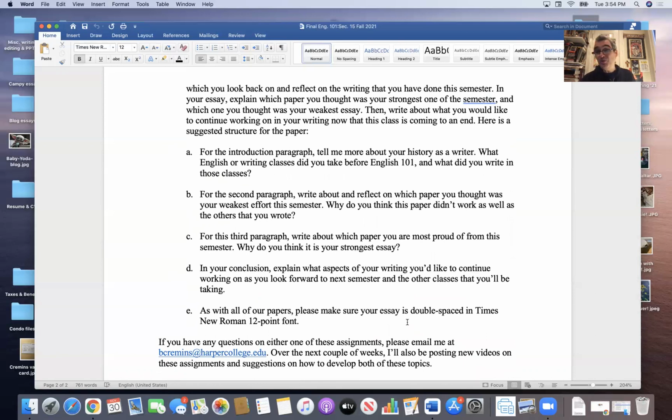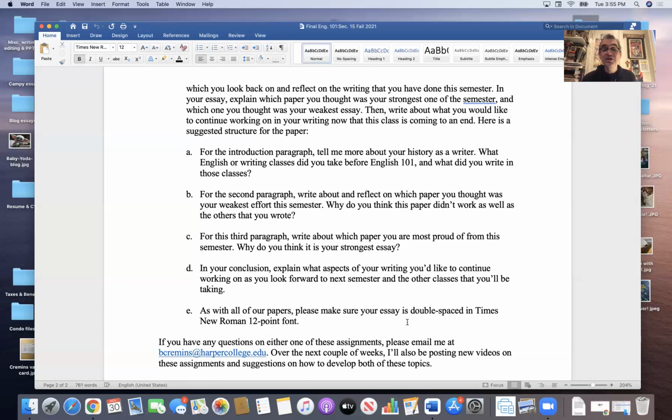You can talk a little bit about which paper was your weakest. Third paragraph of the paper would talk about which paper you're most proud of. Maybe there's a couple. Again, I'm saying one, but maybe there are more. Maybe you had a couple of assignments that you liked or that you thought you did really well on. So in terms of what's in the middle of this response paper, you have some options as to how to respond to it,